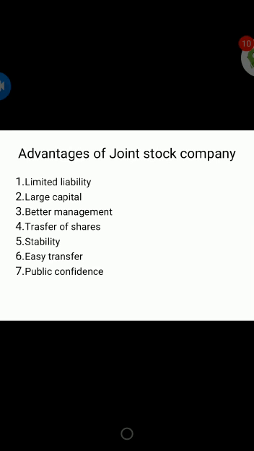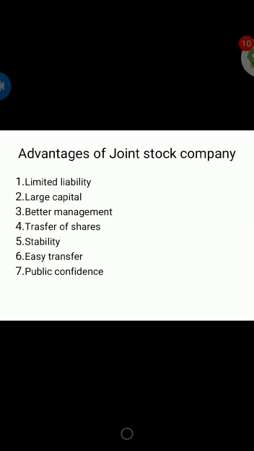So who are the investors now? Before investing, you will be the public. The company submits the financial statement and the audited statement to the government. When it is audited, we can say it is free from errors and frauds. When it is free from errors and frauds, people will have confidence in the company.